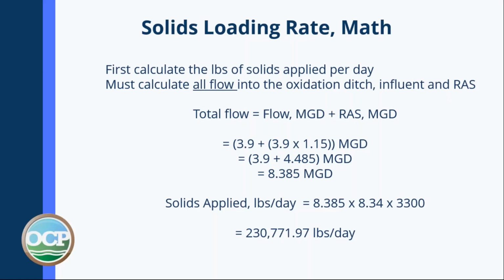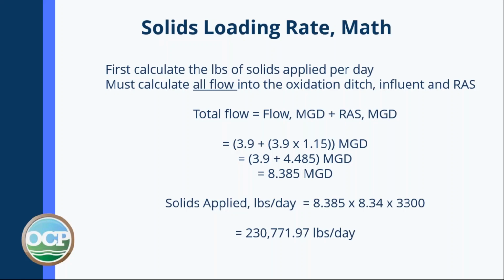First, calculate the pounds of solids applied per day. You must calculate all flow into the oxidation ditch. That is your influent plus your return activated sludge flow. So total flow is your influent flow in million gallons per day plus the return activated sludge in million gallons a day. In the case of this problem, our influent was 3.9 million gallons per day. The return activated sludge flow was